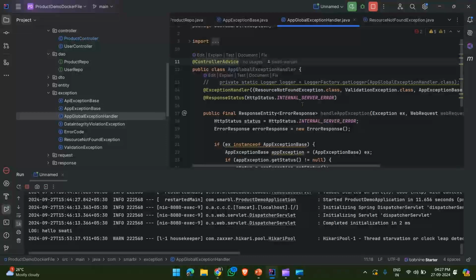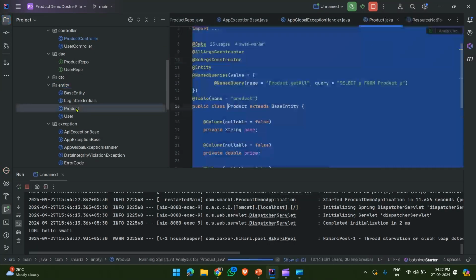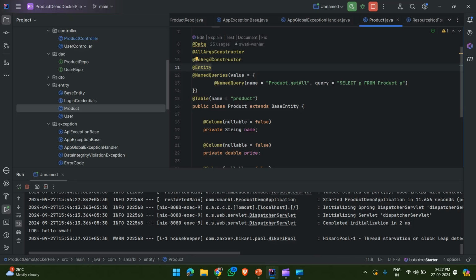You can see here in the entity class Product, this is all Lombok. If you have used the Lombok dependency, then @Data, @Entity, @NoArgsConstructor, @AllArgsConstructor, @Column, @Table, these are all built-in annotations. But you can also create your own custom annotation.